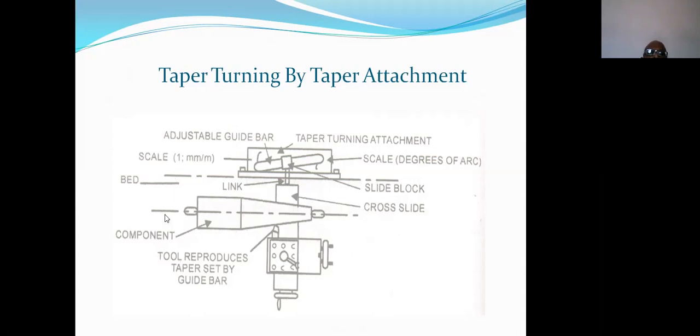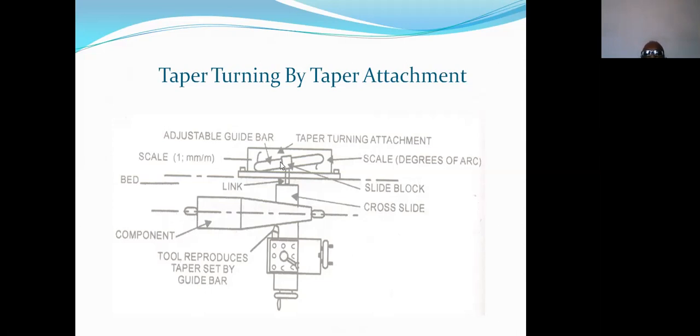So this is the lathe bed. Over the lathe bed, the component or the job is fixed in between the two centers. This is the running center or live center. This is the dead center or tailstock center. As the job is longer, it is fixed in between the two centers. If the length of the job is smaller, there is no need to fix the job with the tailstock center or dead center. Only the live center is used.